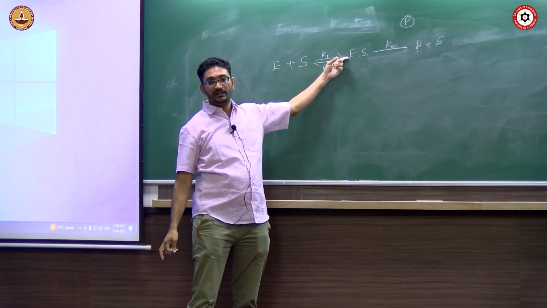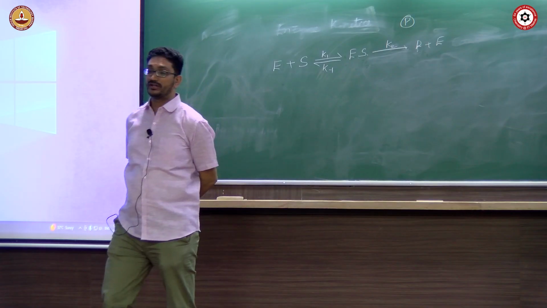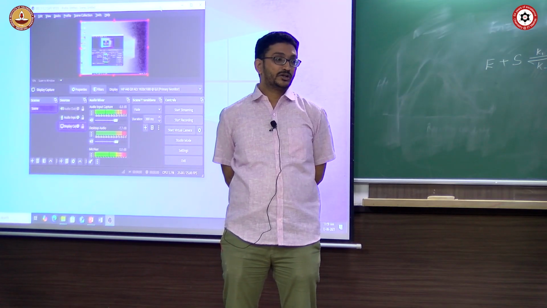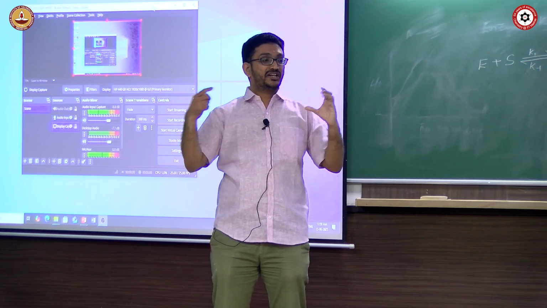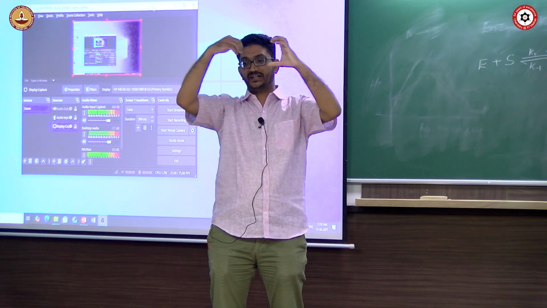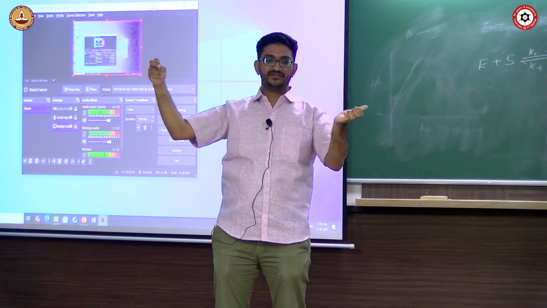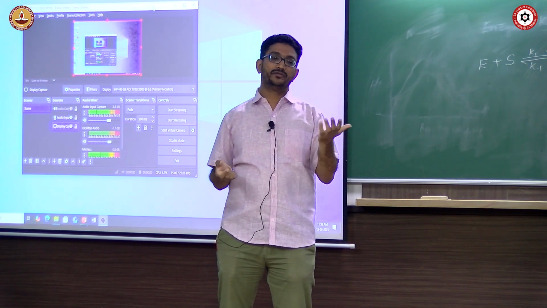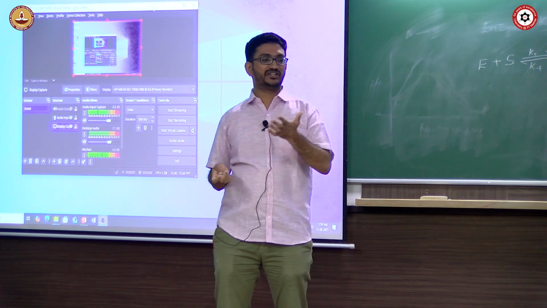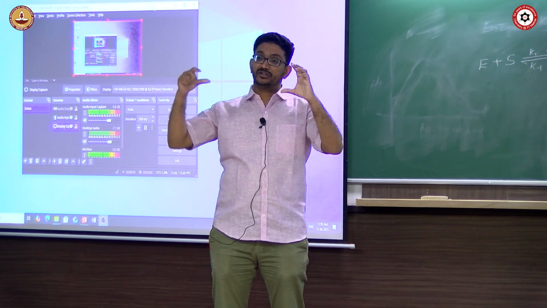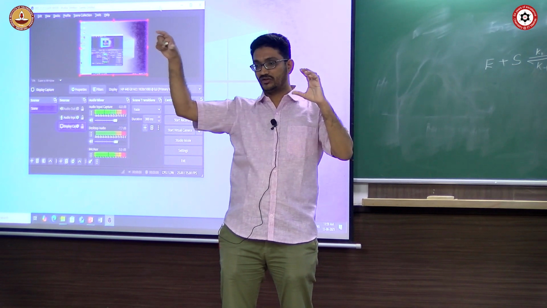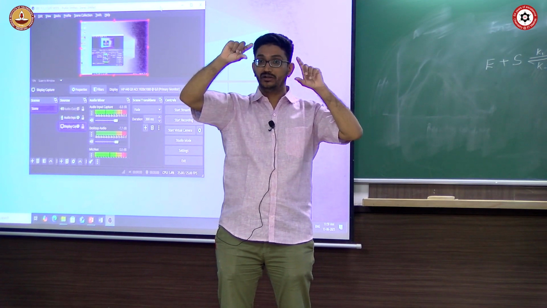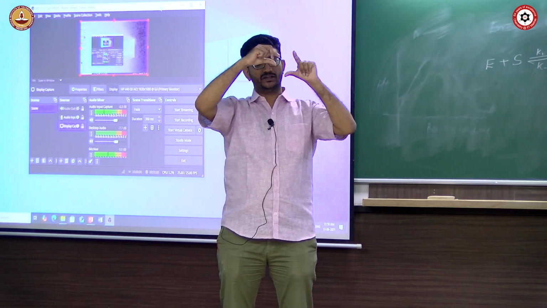Now this K1 is, so have you heard of diffusion controlled reactions and activation controlled reactions? Diffusion controlled means the reaction rate is controlled by how fast the enzyme and substrate find each other. This is not just for enzyme kinetics, for any chemical kinetics there are two different kinds of reaction, diffusion controlled or activation controlled. Diffusion controlled means the substrates are in the solution, diffusing across. It has to find the right partner, right? If there is more substrate concentration, and if the molecule diffuses very fast, then it can find the enzyme very fast, right?